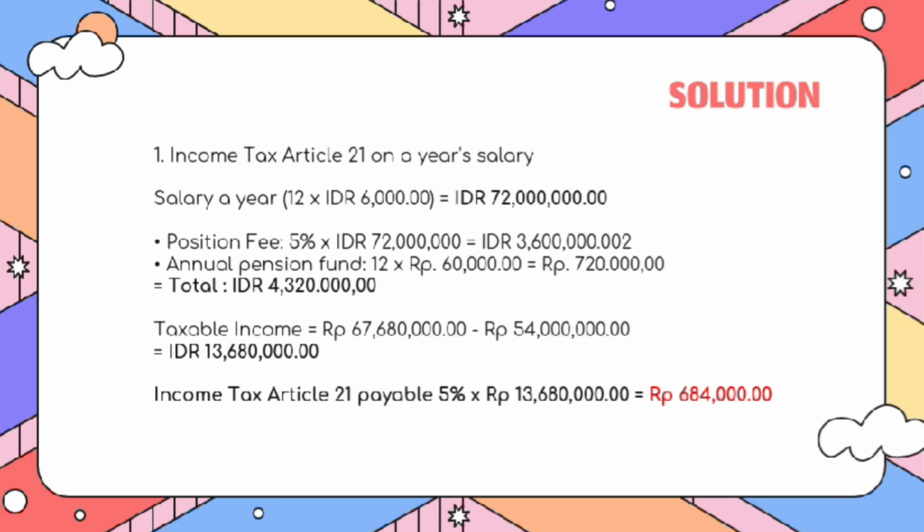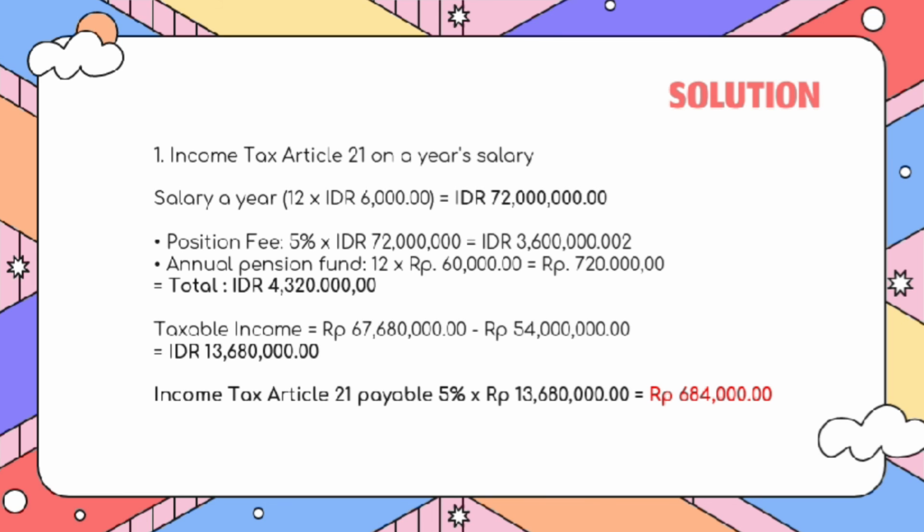The annual pension fund is 12 multiplied with 60,000 rupiahs, and we got 720,000. So the total is 4,320,000, and the taxable income is 67,680,000 deducted with 54 million, and the taxable income is